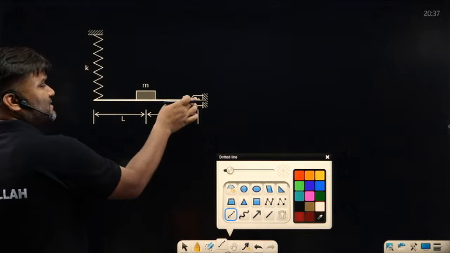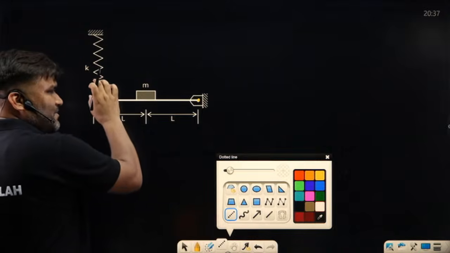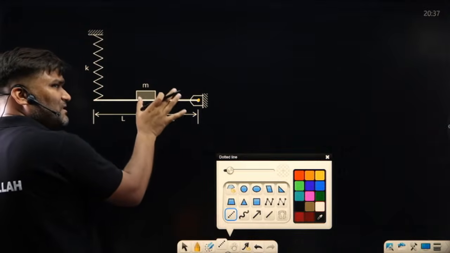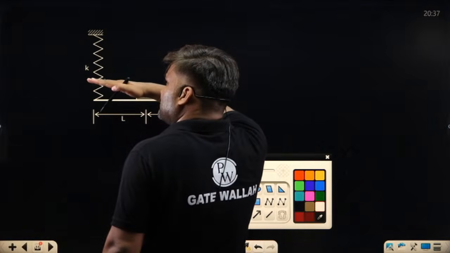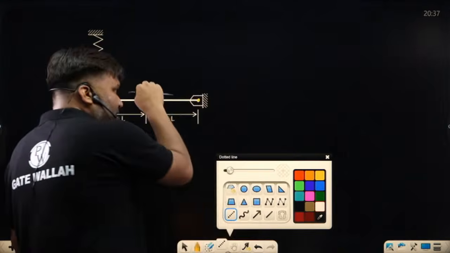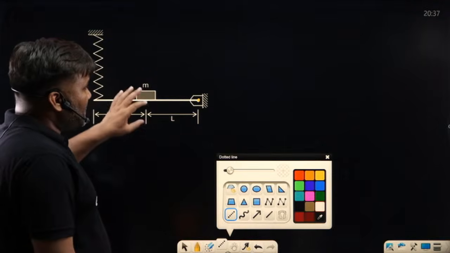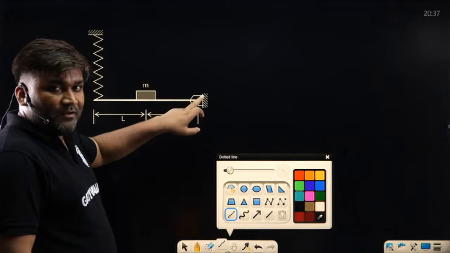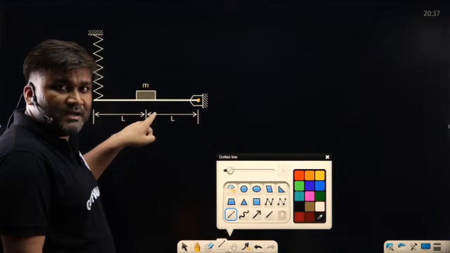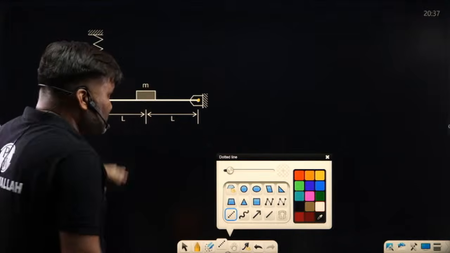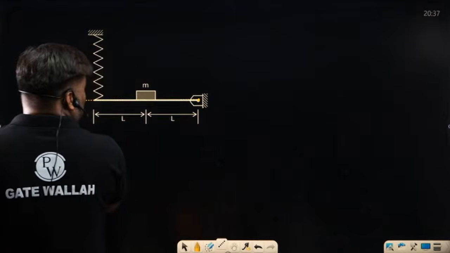And they have said that this is the mean position. Spring has already been stressed a little bit, so this horizontal position itself is the mean position. Initial was somewhere above, so till the mean, weight and spring initial deflection have already been balanced. So now when I am applying the torque method, weight I will not write in the restoration. Sir, this is the mean position. First let me try to solve this by torque method.